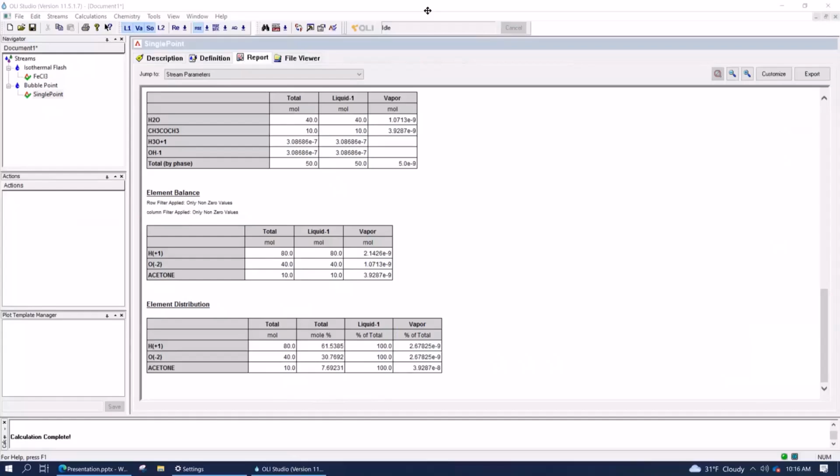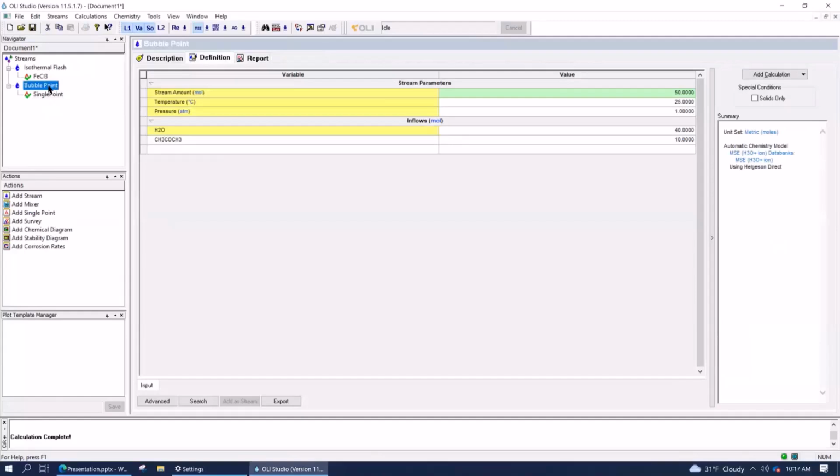All right, we did the bubble point calculation. The next thing we want to do is a dew point calculation. And rather than do everything all over again, because we pretty much know what you're going to do next, right? You're just going to flip from a bubble point to a dew point, put everything in the vapor phase, get a little drop that forms, and calculate that temperature. But rather than go through all the effort to build the chemistry model and add a new single point calculation, what I want you to do is actually just copy what you currently have.